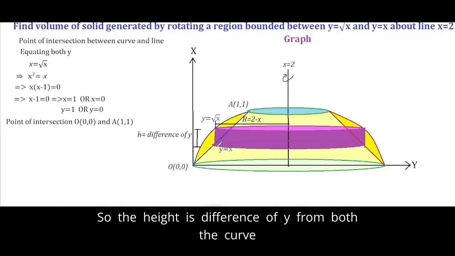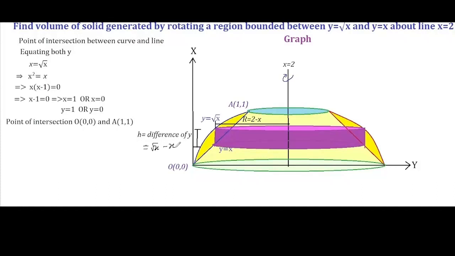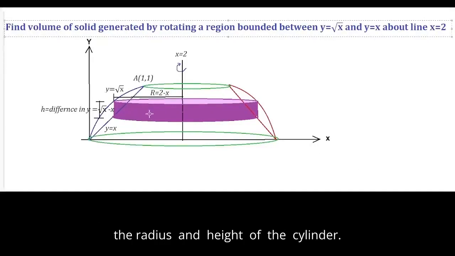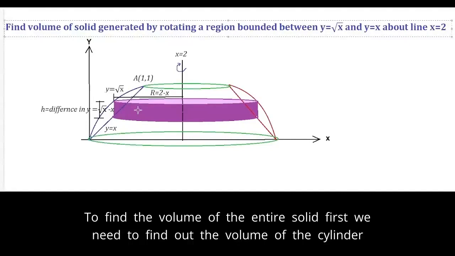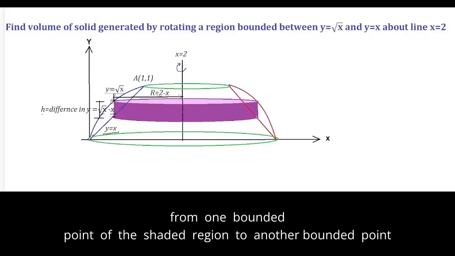So the height is the difference of y from both the curves, which we can also write as root x minus x. Let's take a picture without any shaded part of the solid to clearly understand the radius and height of the cylinder. To find the volume of the entire solid, first we need to find the volume of the cylinder, and then we have to integrate it